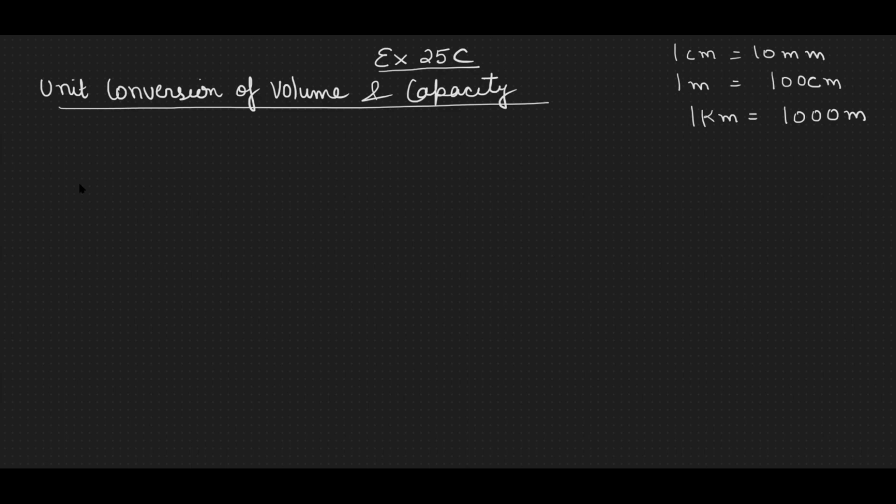And when we were talking about volume of a body, for example, cube and cuboid, the units were meter cube and centimeter cube. And when we are talking about the capacity, then we talk about liters. Basically, the meaning of this, suppose if you have a vessel and if you fill water inside this vessel. Okay, so how many liters of water is inside the vessel? So basically this is the capacity when we are talking about the capacity.